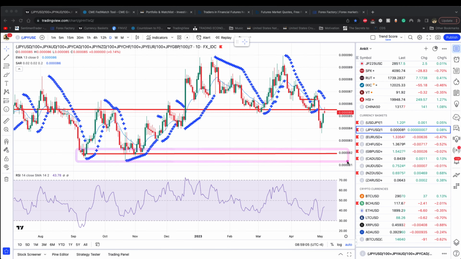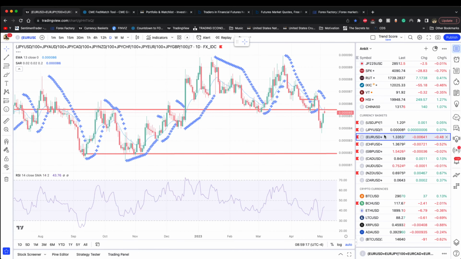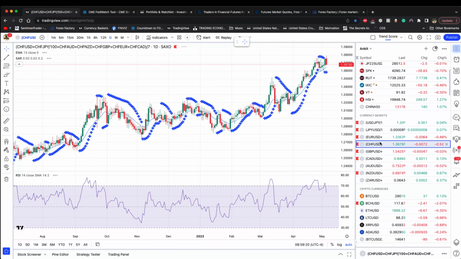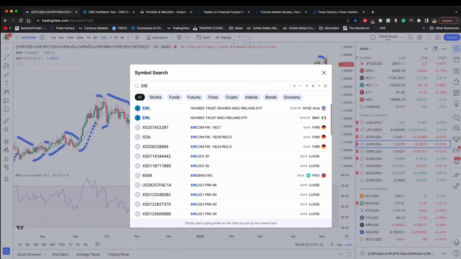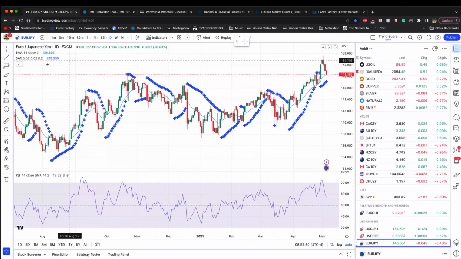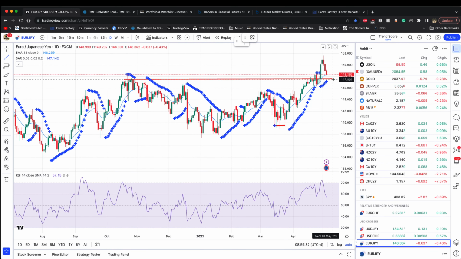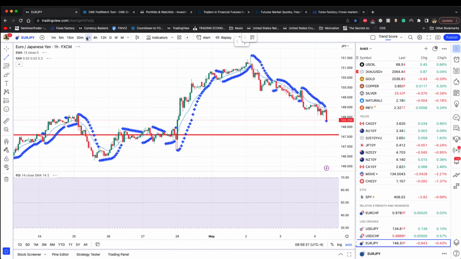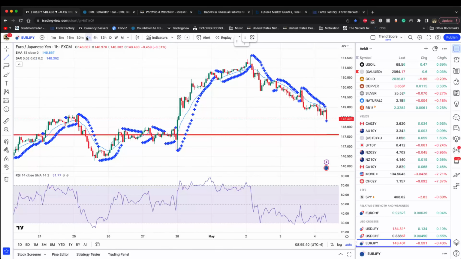But at the same time, if every currency is looking strong, then again, yen could be the weakest. But right now, you can see yen has a little bit of competition with the euro and the Swiss franc as they are weakening. So this could be a reversal candle for the short term. So let's take a look at euro yen. You can see that we are already testing this 147.70 area. So clearly in the shorter term, euro is where the weakness is.